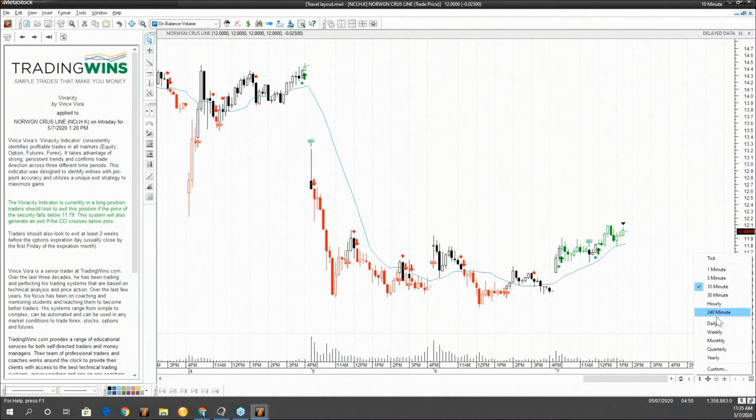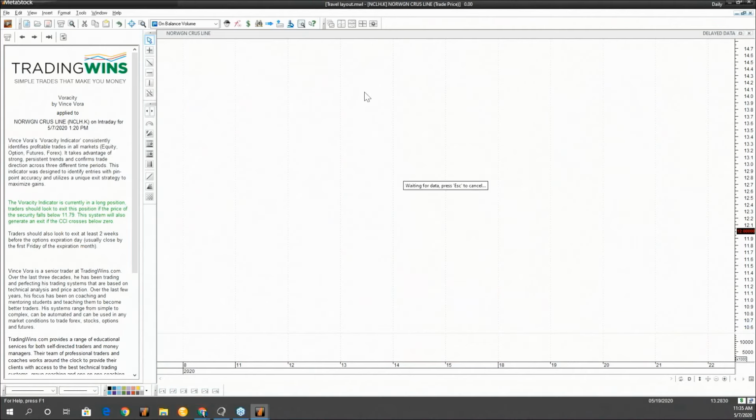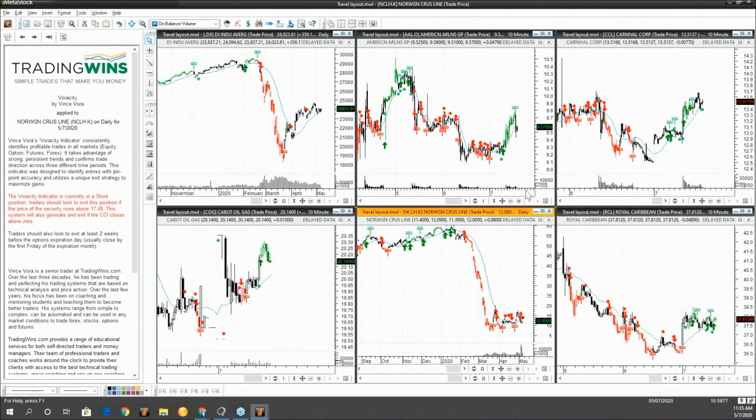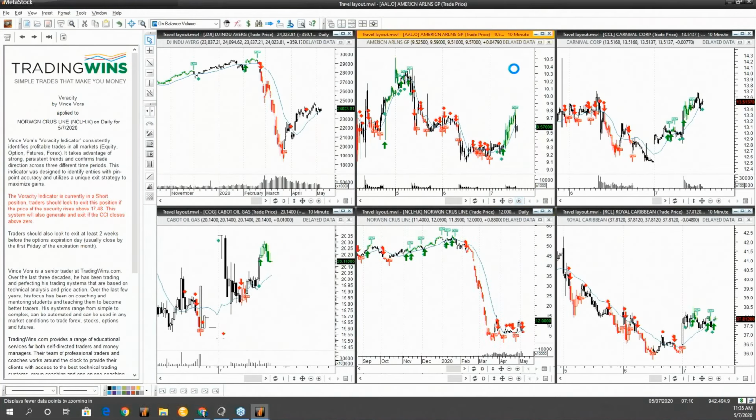But yeah, and again, if you want to switch these back over to a daily chart, then you could take advantage of those longer moves. And this again is Norwegian. Got you a setup on the 7th of February, and you rode that all the way down. So as you can see, it's a very simple, easy system to follow. You obviously can still apply your own stop rules if you'd like. However you like to use it is definitely up to you.